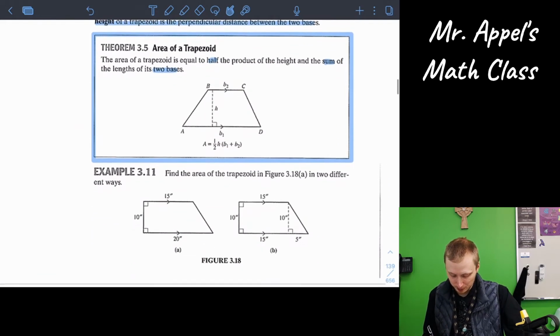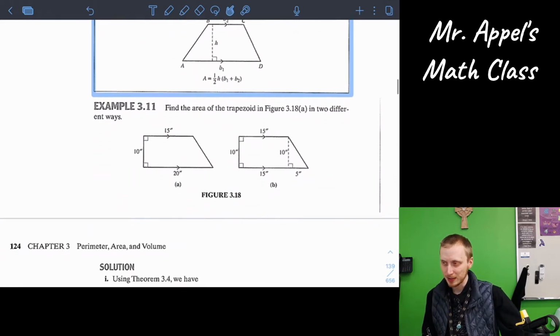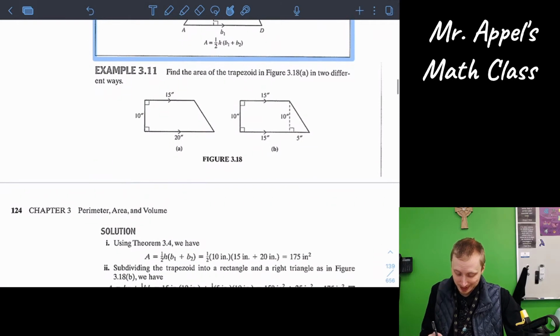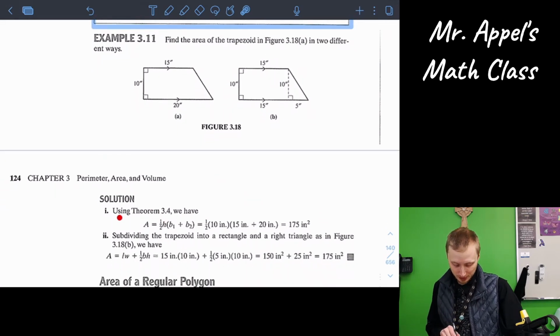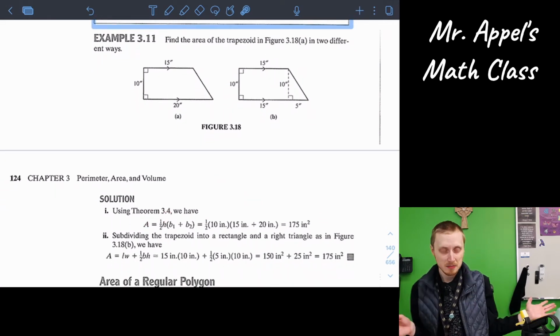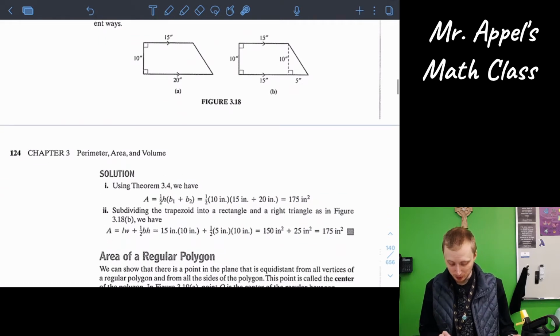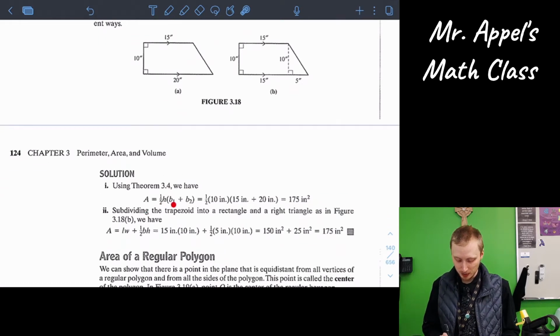Okay, moving on. So let's see, using that fresh new formula in action, example 311, find the area of the trapezoid in figure 318A in 2 different ways. Well, okay, first way we have the solution using theorem 3-4, right? Here's the trapezoid area formula. So 1/2 times height times (base 1 plus base 2) equals 1/2 times 10, that's the height, times (15 plus 20)